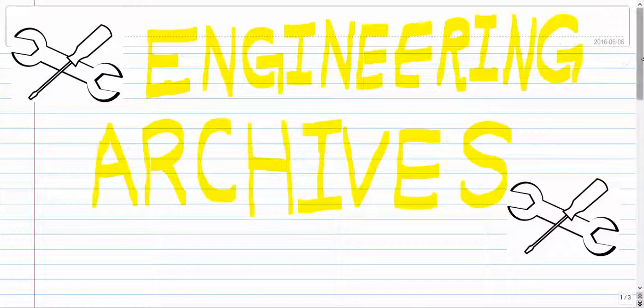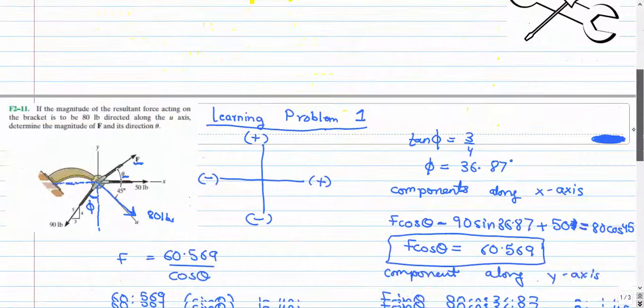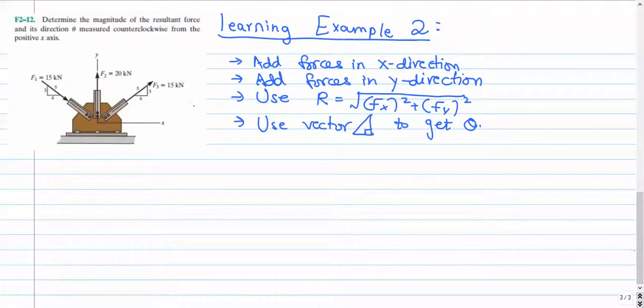Now we will look at our learning problem number 2 for the chapter Co-planar forces. So this question says, determine the magnitude of the resultant force and its direction theta measured counterclockwise from the positive x-axis. Before we get to solving this problem, I would like all of you to please read these 4 steps